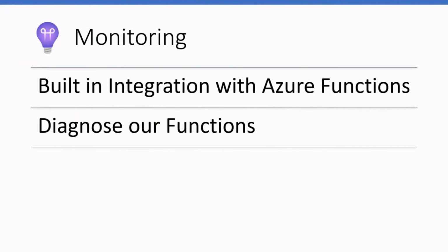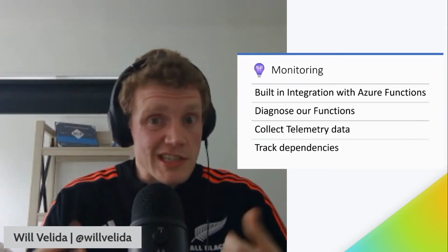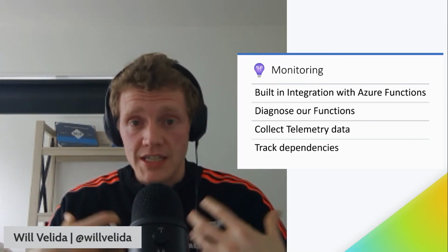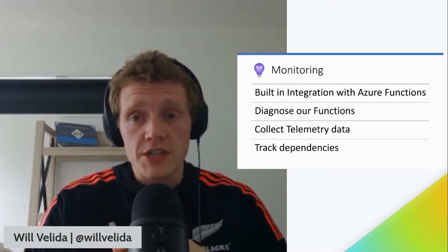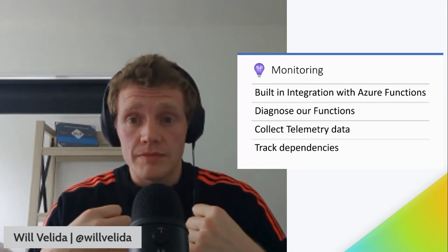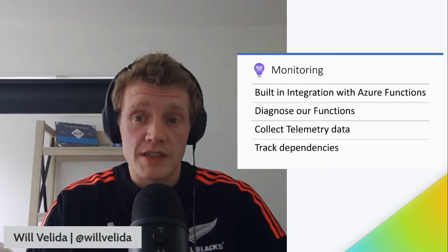And then monitoring, we need a way to actually see what's going on with applications, just in case something bad happens or an exception is thrown. We need a way to be able to actually diagnose what's going on within our functions. And the really cool thing here is that Azure Functions offers built-in integration with Application Insights to